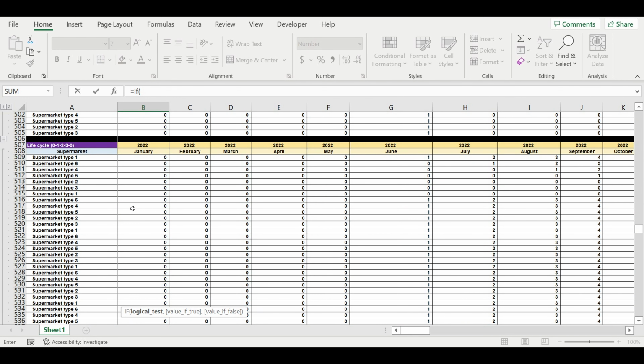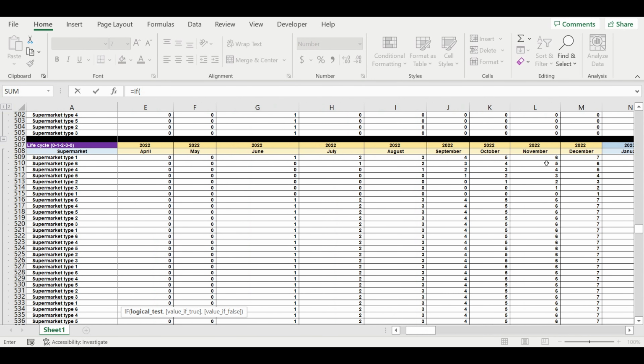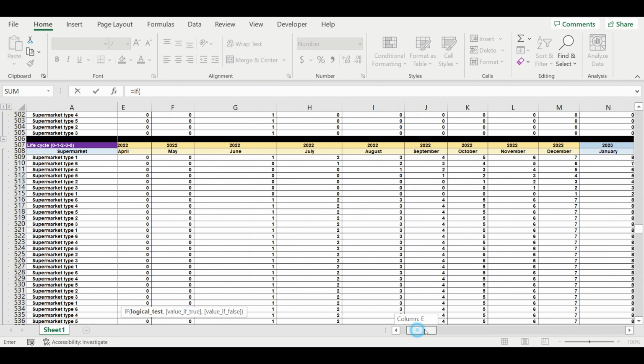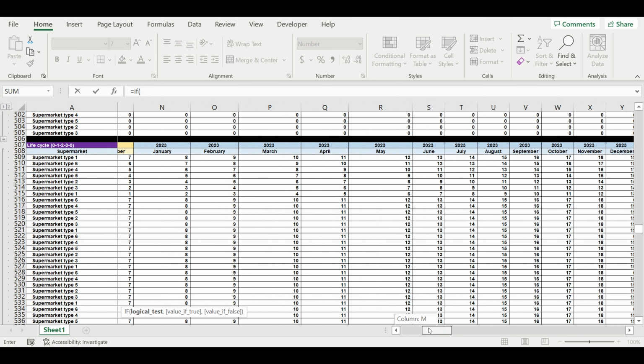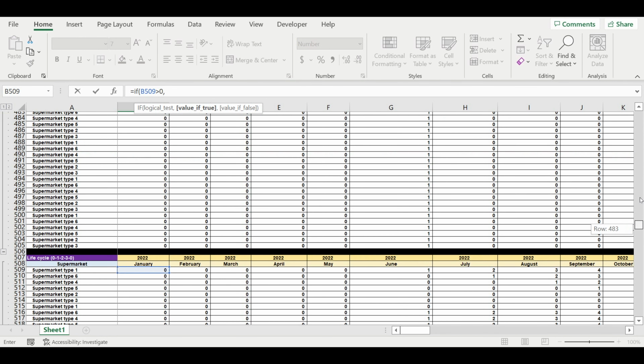So here is the operating activity table. So if we have these values more than 0, then we do have an operating activity of each particular supermarket. So if this value is more than 0,